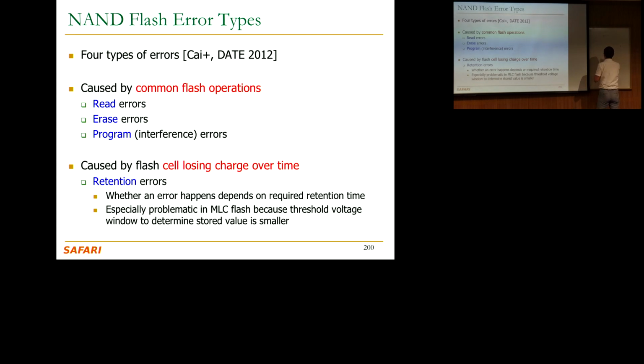So basically, if you look at flash memory, this is the threshold voltage of a cell. Threshold voltage determines what's the value stored, and this is the probability distribution function. And in a single level cell, you have a read reference voltage, and everything below here is a 0, everything above here is a 1. And what you usually get is a distribution because of the properties of the cell. Basically, some cells are close to here, some cells are farther away from here. And this is called the threshold voltage distribution of the flash. Now, this is nice because you have the full threshold voltage range divided into 2.